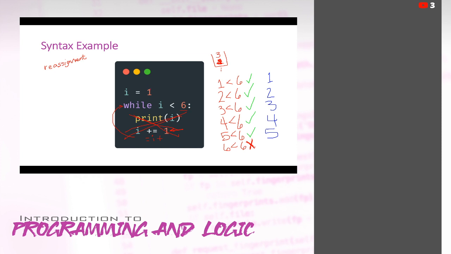So when our code stops, the value of I is 6. And we've printed 1, 2, 3, 4, 5 to the console. And so that's the output that we see in the console is 1, 2, 3, 4, 5. We're counting up.